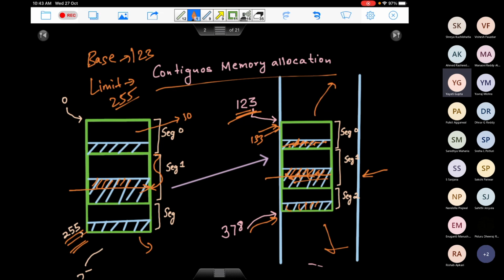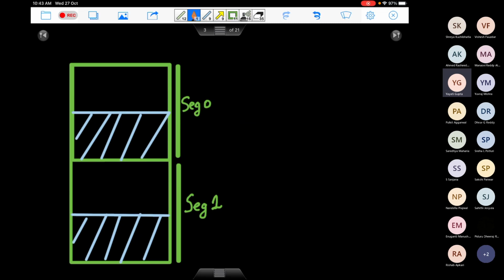Okay. What happens in the case of paging now? Let's see. So again, this is a process which has, let's say, just two segments. Assume that it is a code segment and just a stack and heap segment. So segment one, segment two. Again, in segment one, you have this entire space which is empty. So please remember, it's the virtual address space. And this is segment one. This entire space is again empty.